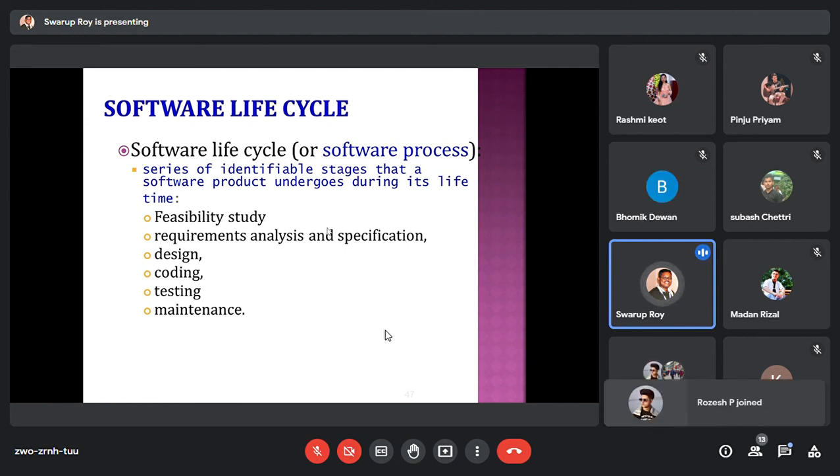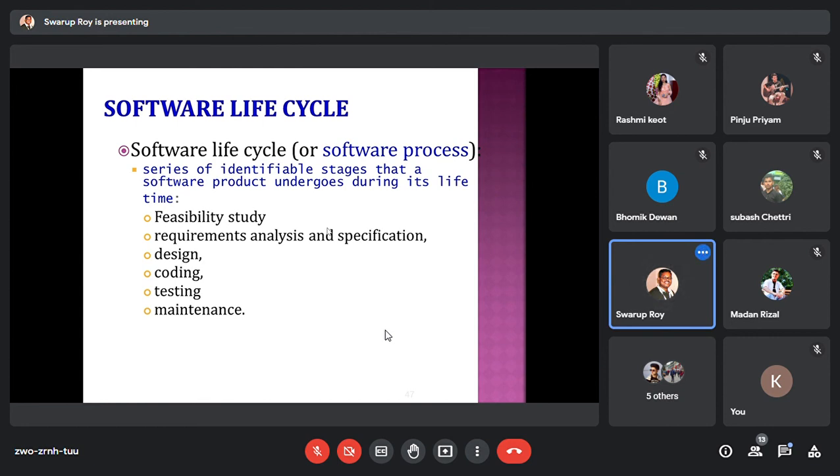The cost: the customer has a budget, and companies may have a separate estimation. If it doesn't meet, naturally they cannot take it up. Why would they take it up? That's why this feasibility study is done at a very early stage, just to decide whether they are going to take up the project or not. If they take it up, naturally they have to do it. They cannot end it midway.